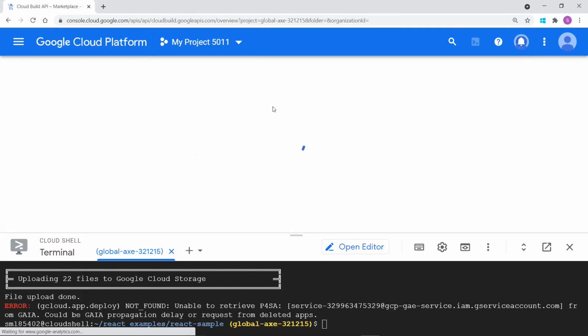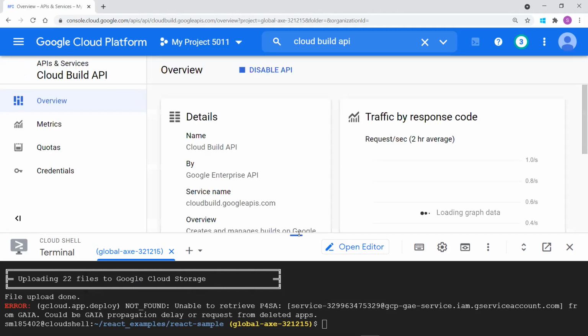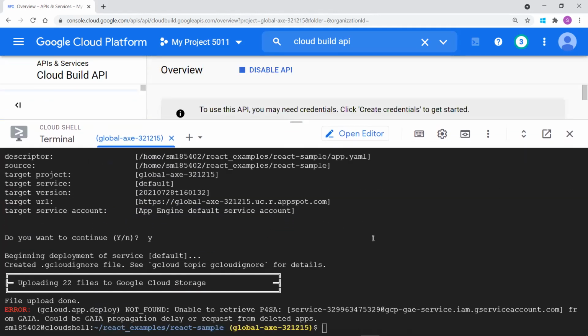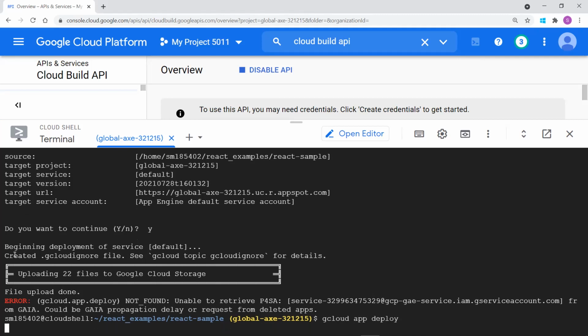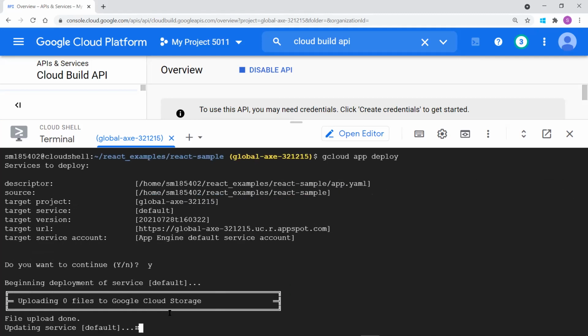Throughout GCP, we will need to enable the required services. And for enabling these required services, the quota will also be reduced. So once we enable the Cloud Build service, let me run this app deploy again because we got an error while trying to deploy. So again, we are trying to deploy it. Once we deploy successfully, the next step is to browse it in the URL. It means we are hosting that URL to the outside world. Once it deploys, I will show you that.